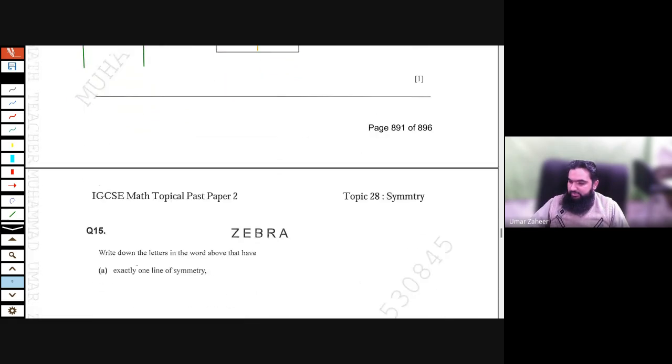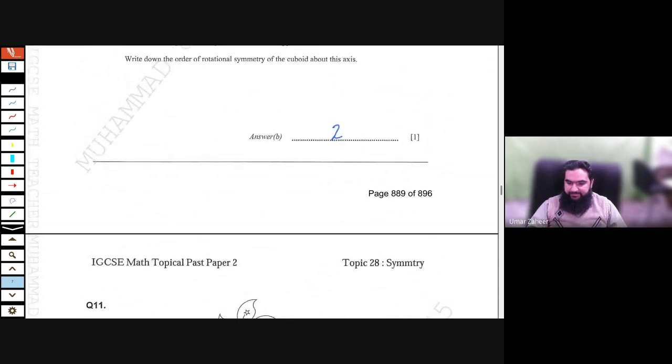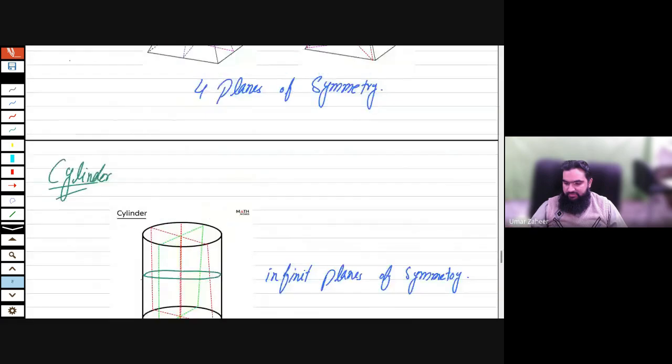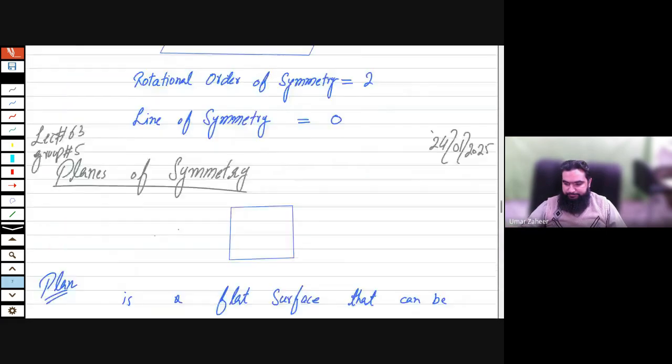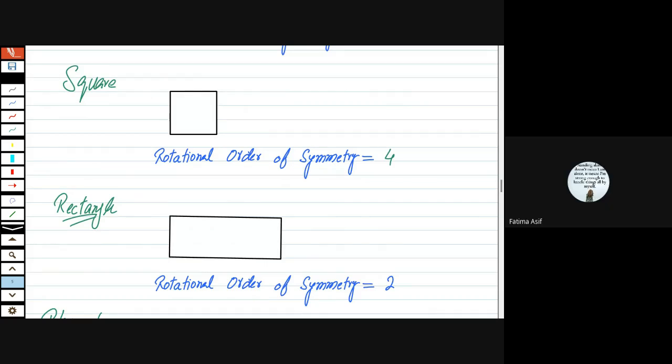Everyone, is it clear? We have done the whole concept about symmetry, including plane symmetry, rotational symmetry, lines of symmetry, and all of these things. Here you have complete notes about symmetry. Any questions? No, sir. If you have any questions from